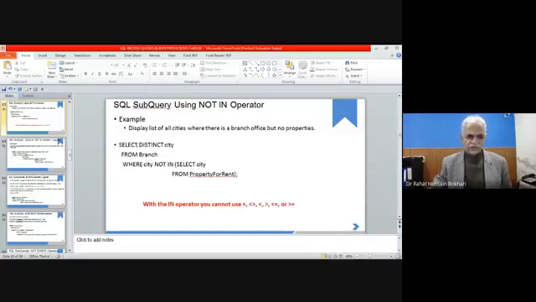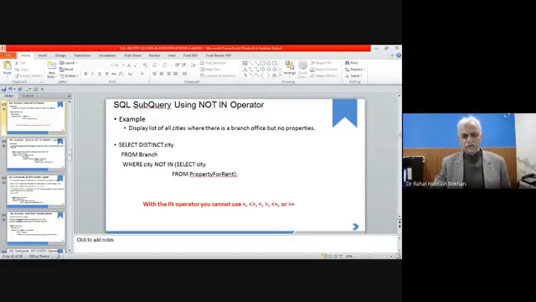We say select distinct city from branch. Distinct city means the city should not be repeated. From the branch table we need the value of the city, not duplicated. The condition is where city not in